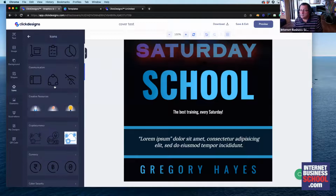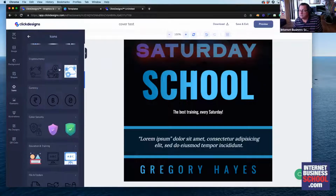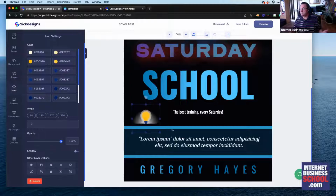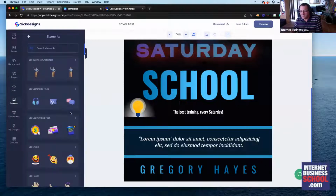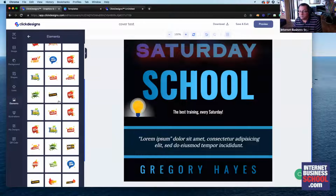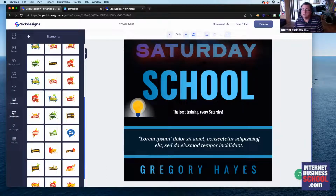Icons, there's another whole range of extra images that you can put in. Creative resources, what have we got here? So if you wanted a light bulb in here somewhere, bang, no problem. That easy just to put something like that in. Okay, so you can see that there's a huge amount there that you can get super creative with. Okay, and there's more stuff here for that sort of marketing element for your sales pages, for Facebook posts, catch people's eyes, make you stand out